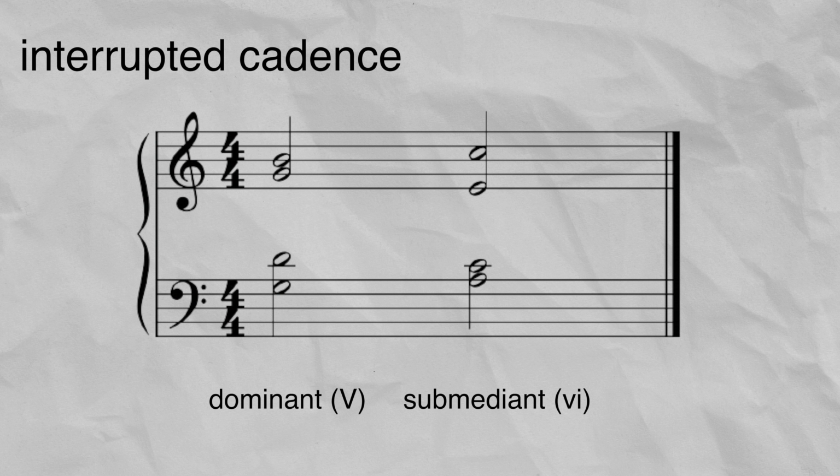Finally, we have the interrupted cadence. This is a dominant chord followed by something other than the tonic. The dominant has such a strong pull towards the tonic that if we resolve it to another chord, it sounds like the music hasn't finished. Because of this, the music has this feeling like it's hanging on, because our ears want the music to resolve back to the tonic. But the phrase so far hasn't gone back to this key center.